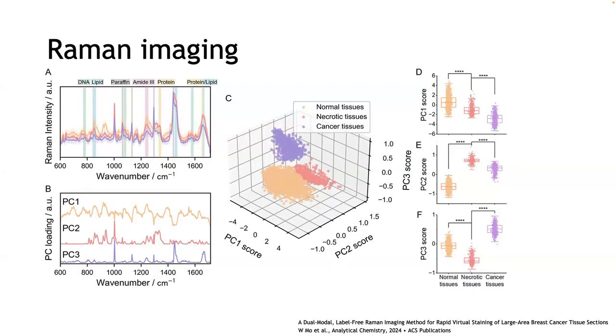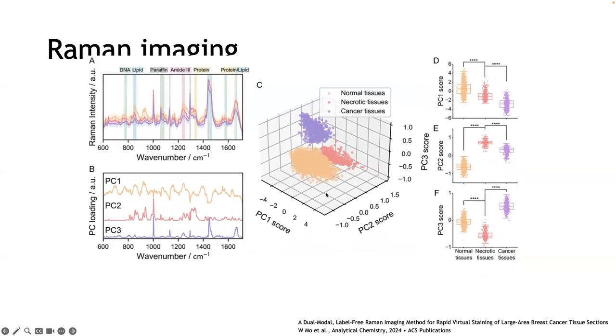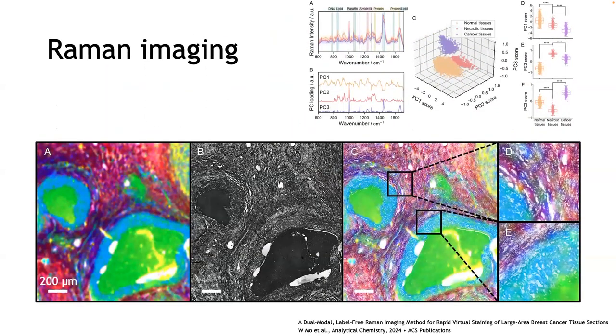And then they used these scores, the scores on the principal components, turned them into an image and merged it with this bright field image to get this type of image that shows a chemical image of the sample. And this is really cool. It's using the intrinsic Raman vibrations of the sample to make these images that can potentially differentiate cancerous tissue from healthy. However, it doesn't